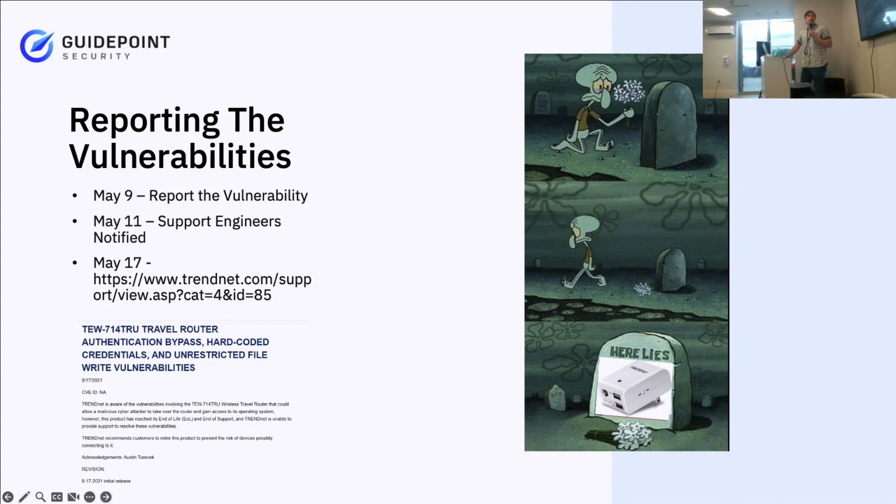May 11th, the support engineers were notified. I got a nice little message via their support page that, hey, we've let the engineers know. They're cursing your name as we speak. So on May 17th, Trendnet released a support page noting all of these different vulnerabilities and stating that the product has reached its end of life. Two days later,